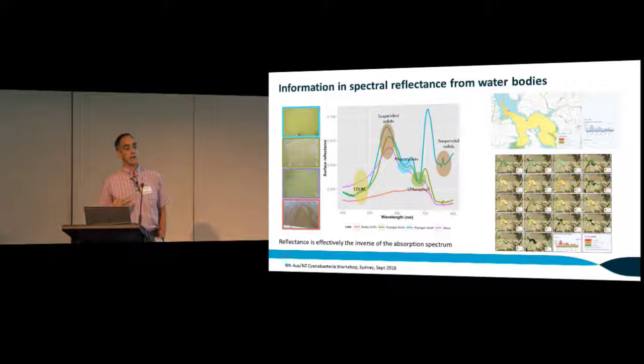So, as Mark introduced, the whole thing that drives this system is essentially that there is information in the spectral reflectance from water bodies, and if we have a sufficient spectral resolution, which is one thing he stressed, we can get quite a lot of information. So this is 4 New South Wales water bodies, the reflectance spectra, varying in productivity, and what we effectively see is the inverse of the absorption spectrum in reflectance. And so we can relate some of those features, in particular, to the presence of pigments in phytoplankton,